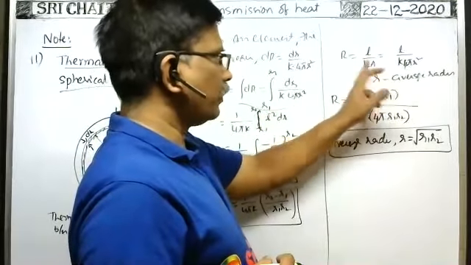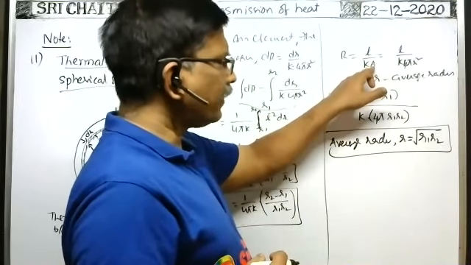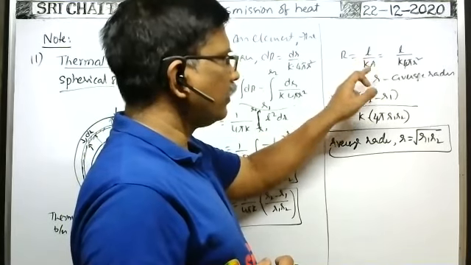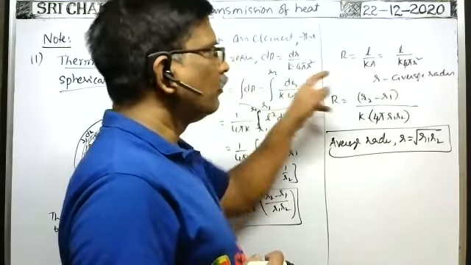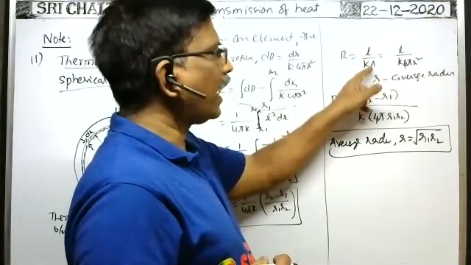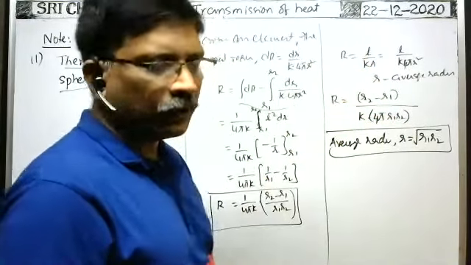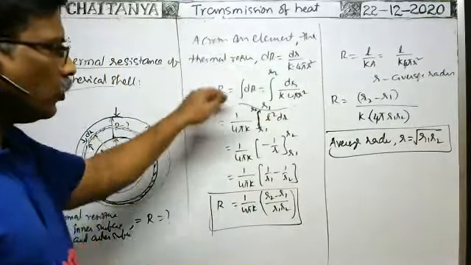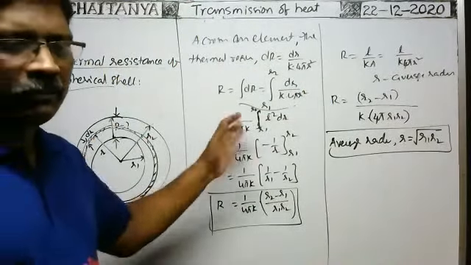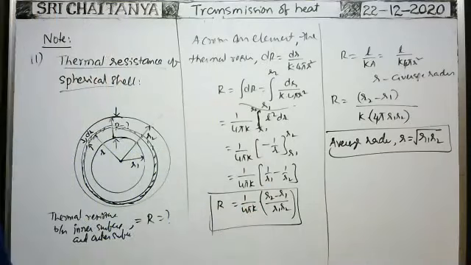L is equal to (R2 minus R1) by K into effective surface area. Effective surface area means, as it is a sphere, 4 pi into average radius square. Average radius means root R1 R2, square means R1 R2. We directly get the answer. No need to do it the long way, we can simply do it orally.